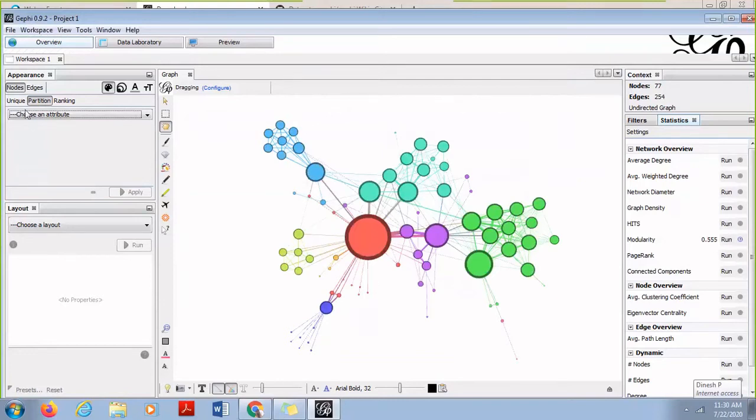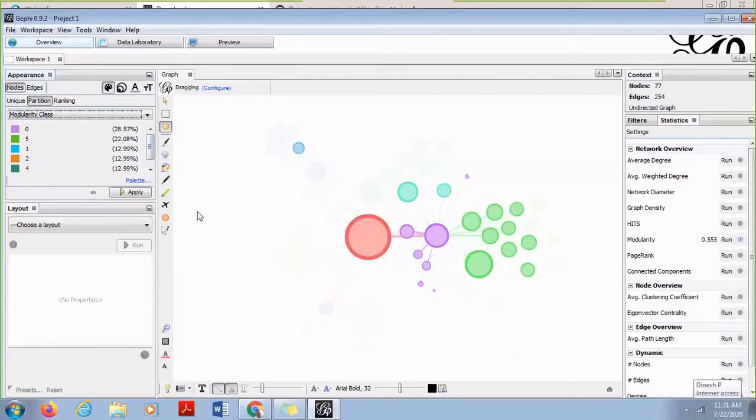So if I give some color combination, once I run this modularity part over here, when I come to the partition part in the left hand side, I can change the attribute. I select modularity class. So here I will be able to see how many classes are there. So there are 6 classes, and to these 6 classes, these are the colors which are being applied, and the percentage of each of the class is also mentioned over here. So there is a class which is 28.7%, which is shown by purple color over here. When I say apply, it will apply the colors.